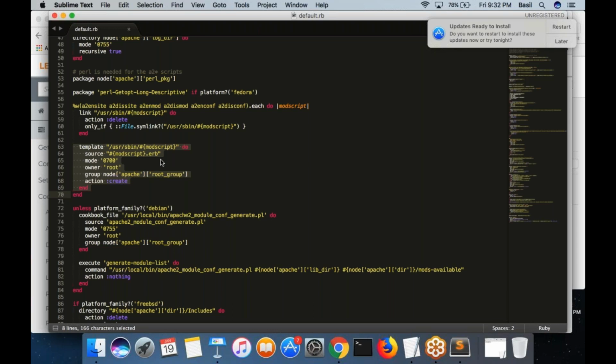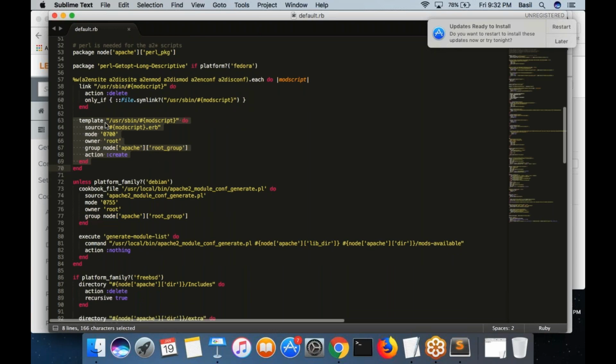So yeah, template we haven't discussed yet. We are yet to discuss. Basically, what you are doing using template is you are regenerating the same file that you have deleted earlier. Here you deleted all these scripts, whatever that you see in this list. You deleted all of them. Then immediately you are starting another template resource.